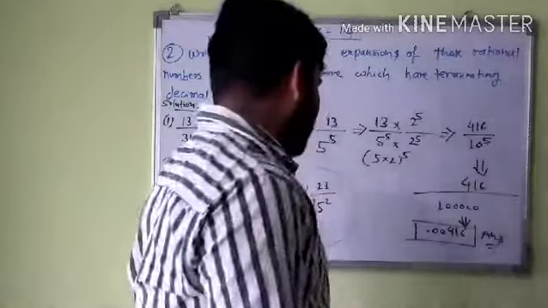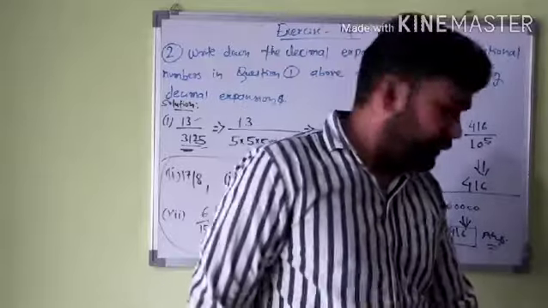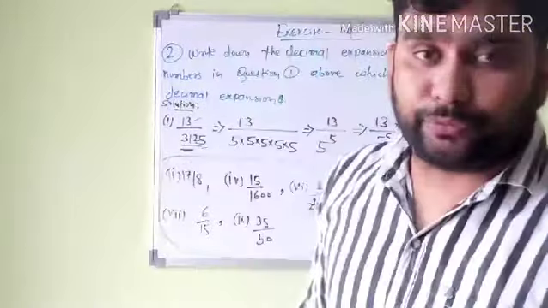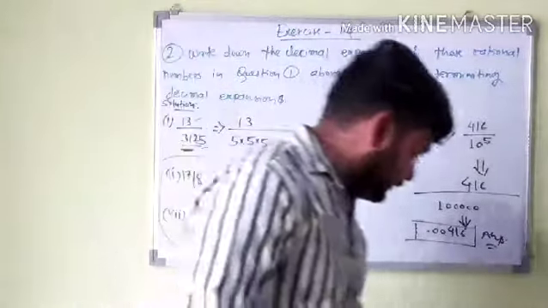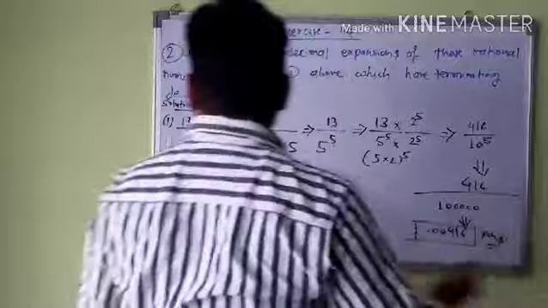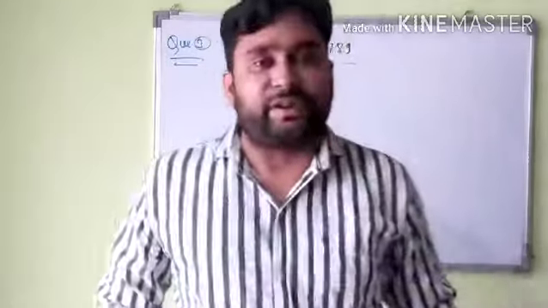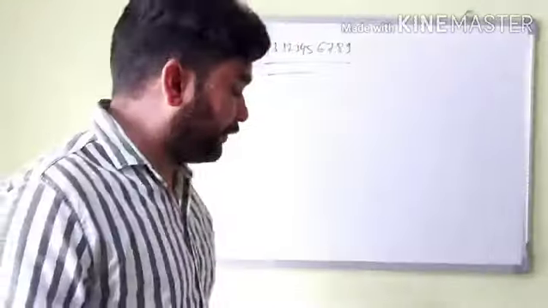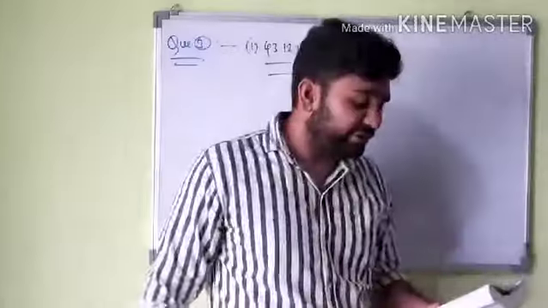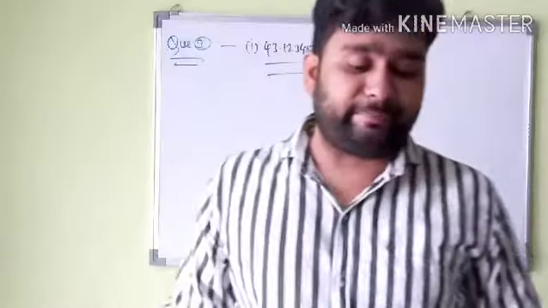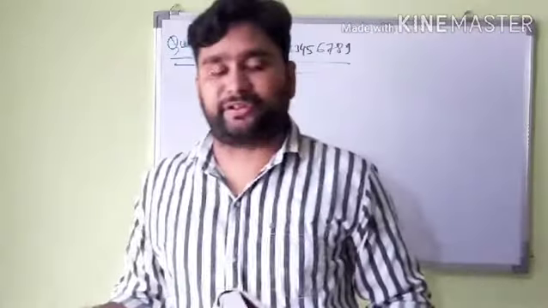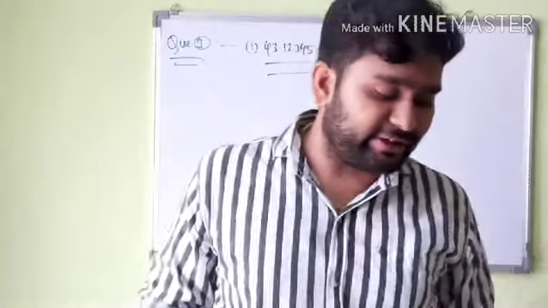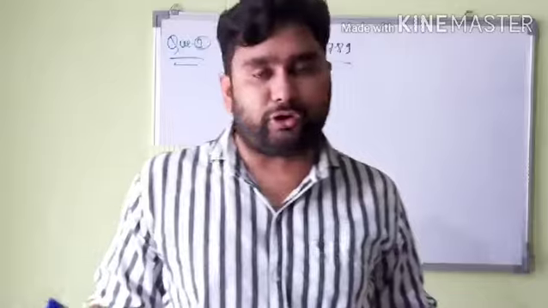And finally, question number 3. I have some guidelines for you for question number 3. It is a very easy question. Our next question is question number 3. Question number 3 says: the following real numbers have decimal expansions. Here there are 3 questions, and these 3 questions have decimal expansions given below. In each case, decide whether they are rational or not.